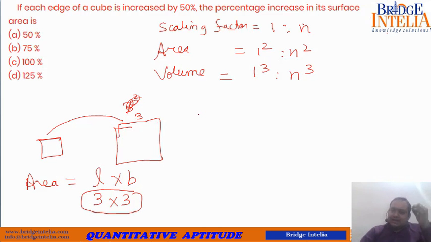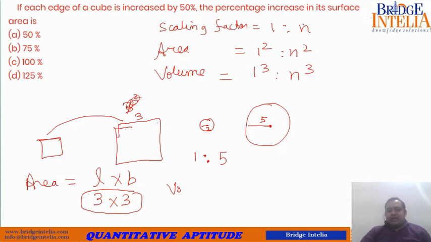For example, I am giving another example to you. Any geometrical figure. Let's suppose a sphere is kept here. If it is known that the radius of this sphere is 5 times the radius of this one, then what will be the volume? Then I will say that the scaling factor is 1:5. And if I am talking about volume, so volume is 3-dimensional thing. So the scaling factor will have this ratio 1:5 cube. So if this has volume V, this will have volume 125 V. So this is the concept. Now based on this concept, let's see how we can solve this.